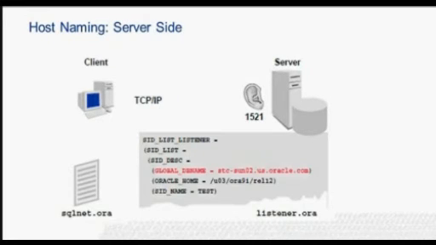Server-side requirement. If we are using the host naming method, we must have TCP/IP installed on our server as well as on our client. We also need to install Oracle Net Services and the TCP/IP protocol adapter on the server side. A listener using the default name LISTENER must be started on port 1521, and if instance registration is not implemented, the listener.ora file must include the line GLOBAL_DBNAME equal to the host name. The host name must match the connection string which we specify from our client. The additional information included is the database we wish to connect to.